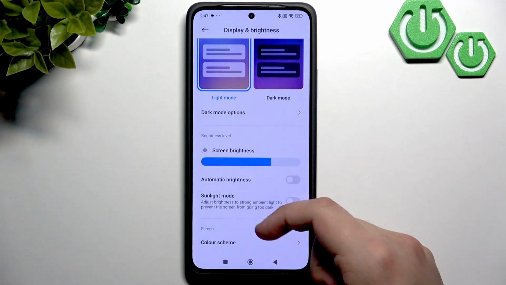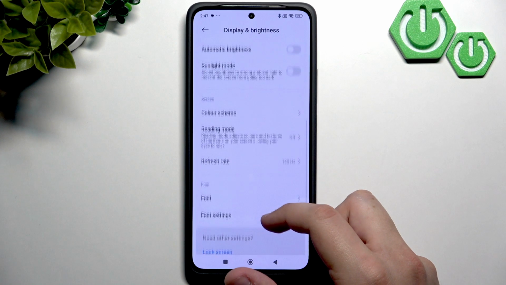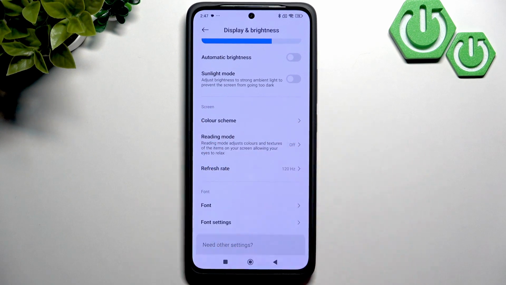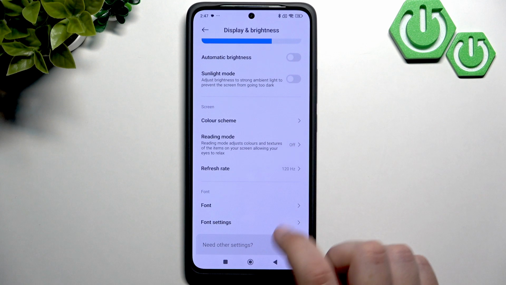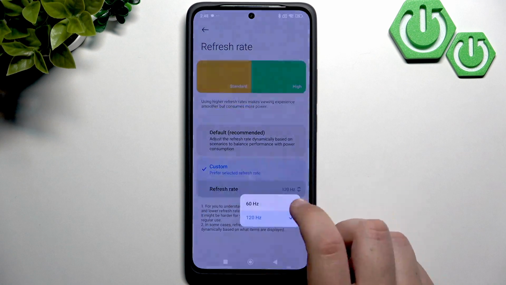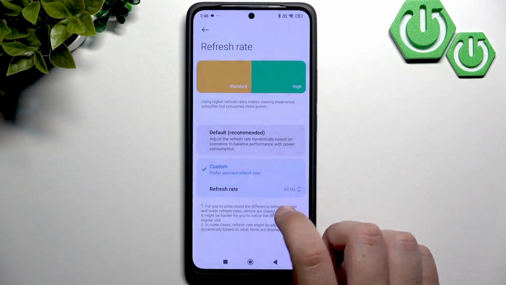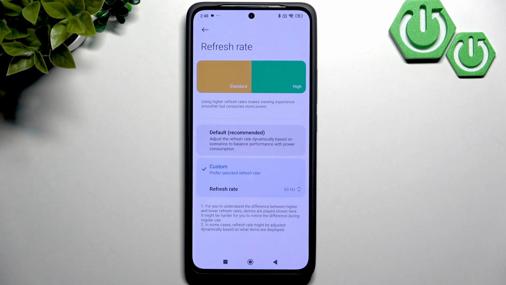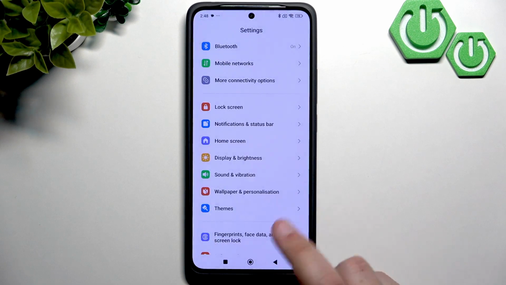Now scroll a bit down until you see this screen section. Now go to refresh rate, and here make sure to set it to a lower value like 60 Hz instead of 120. Now what you can try is updating your software, because sometimes software updates can fix display related bugs. So now leave settings,